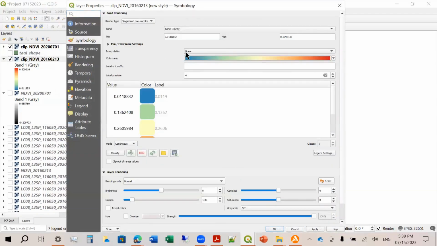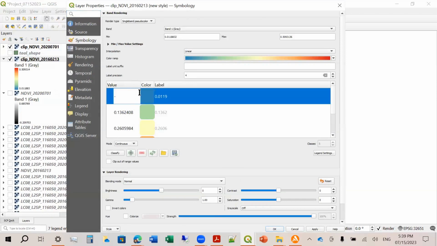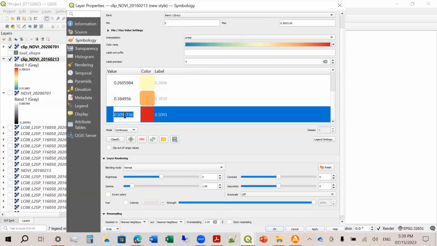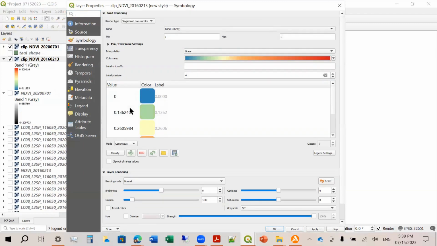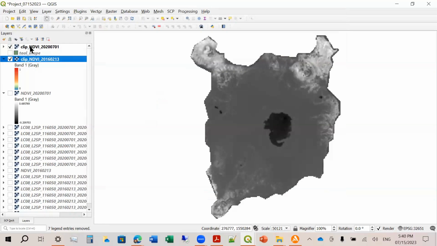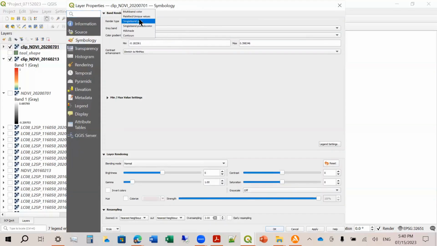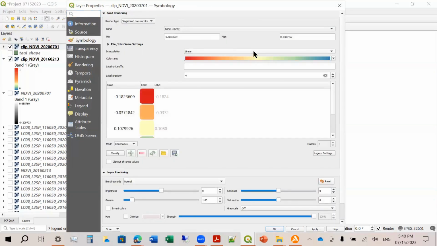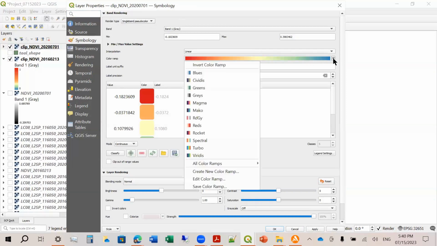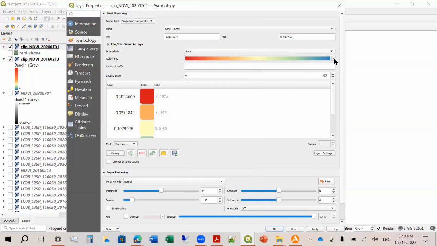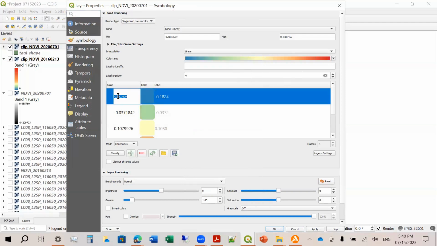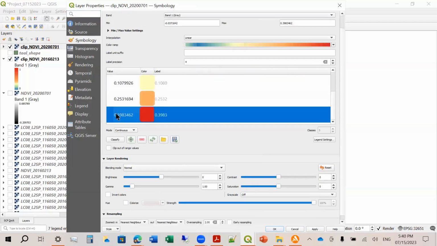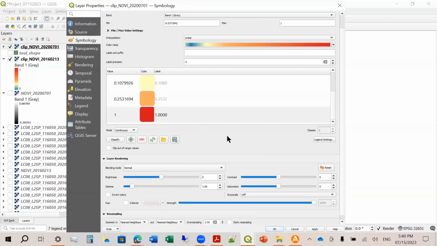2016. Minimum value to be 0, and then this is 1. Okay, 0 to 1, and then this one as well. So single band pseudo color, linear, color ramp. Let's use the spectral color ramp, but let's reverse this. And then let's use 0 for the blue and then 1 for the red, so that we have the same